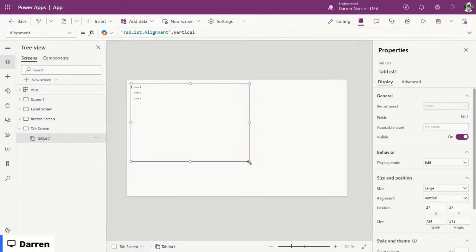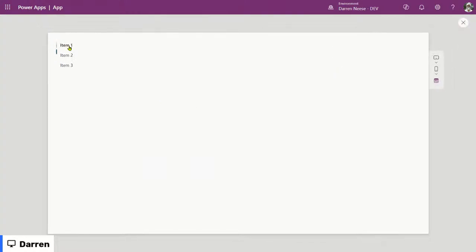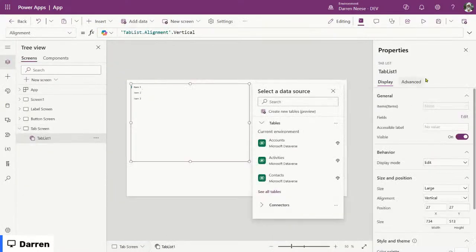Now, another thing I love about this, now let me just show you how it looks. This is a modern type of tab, which is what we see here. Now, back in my day,